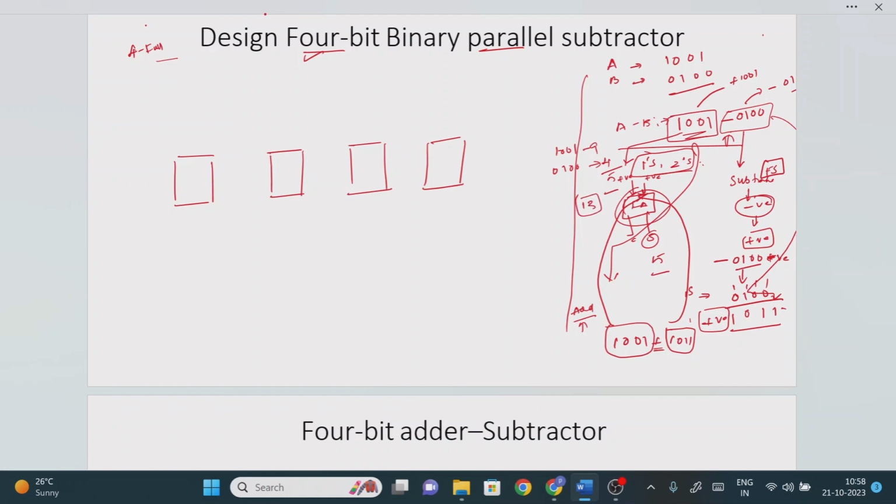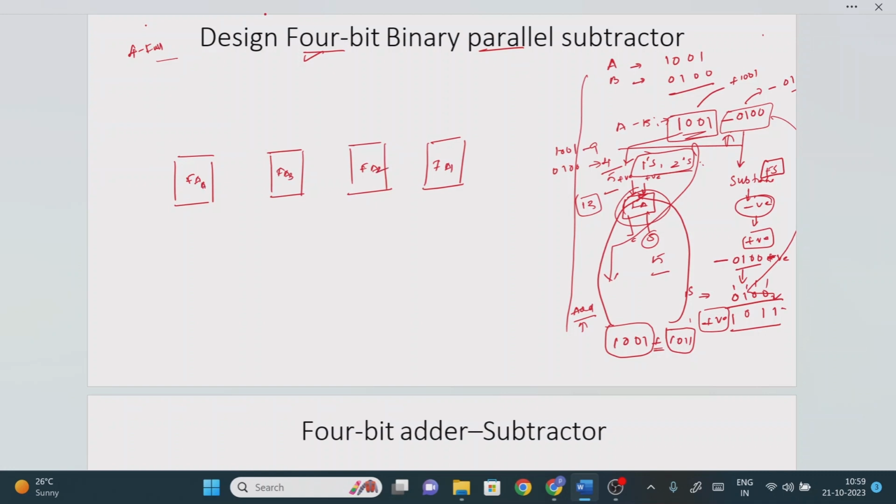That is the beauty of performing the subtraction using the 1's complement and 2's complement method, right? So in real time we are not going to perform the subtraction directly, we are going to perform the subtraction by using the 1's complement and 2's complement method, right? So here, try to identify whether we need to consider the full subtractor or full adder. Try to pause the video and find the solution, right? So here we need to consider the full adder. Why full adder? Because there is no subtractor, right? So subtraction also we are performing in terms of the addition operation only, right?